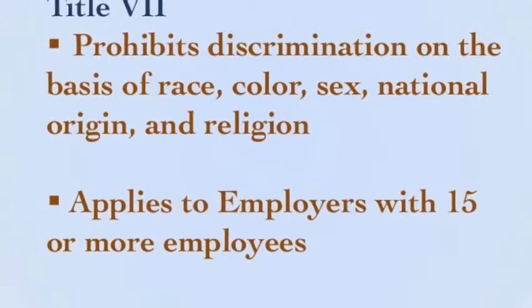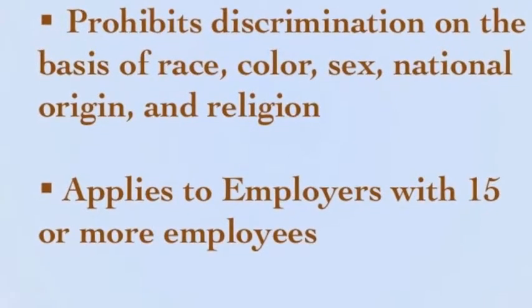The Civil Rights Act of 1964 was a general law passed by Congress that prohibited discrimination in many aspects of American life and work. Title VII specifically is the employment provisions of the Civil Rights Act. Title VII applies to any employer who employs 15 or more employees, and it should be pointed out that it does not cover an employer who has less than 15 employees. So what we're going to talk about in our mini lecture today is only going to apply to those employers with 15 or more employees.